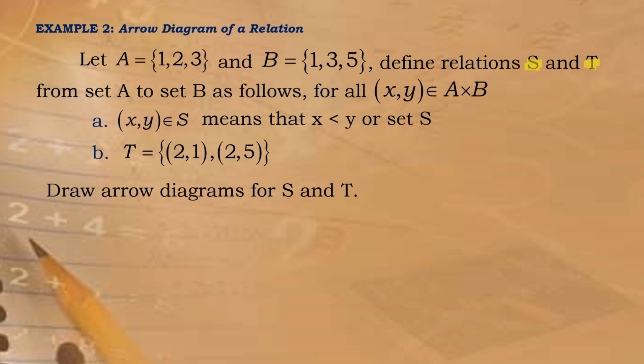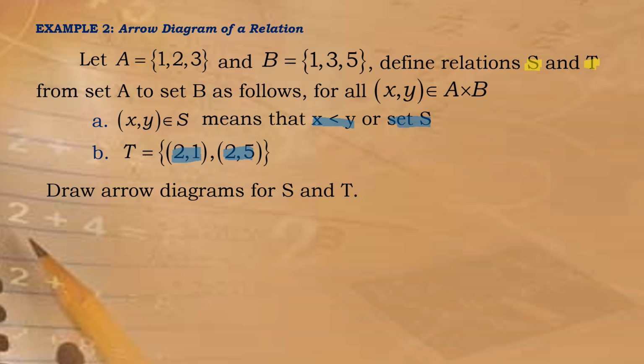For all ordered pairs (x, y) that are an element of A cross B, the first one is (x, y) is an element of S if x is less than y. And for T, we should draw the diagram of T, whose elements are (2, 1) and (2, 5) only. Okay? Let's have the first